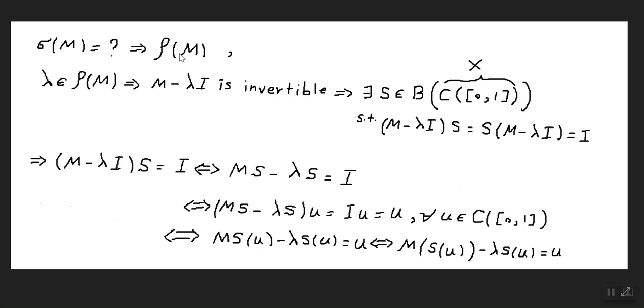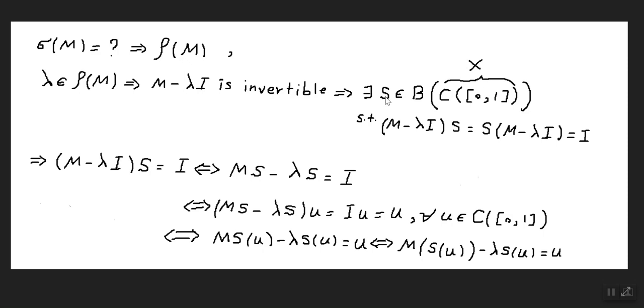So if we can find the resolvent set, then we can find the spectrum. Now look at here. If lambda is an element of the resolvent set, this means M minus lambda I is invertible. And this is equivalent to saying that M minus lambda I, as a bounded linear operator on this Banach space, the space of continuous functions, our X,